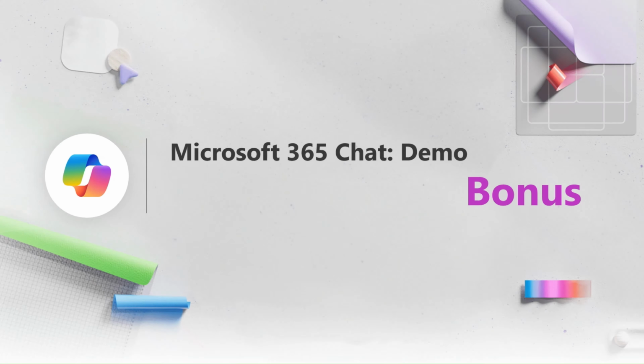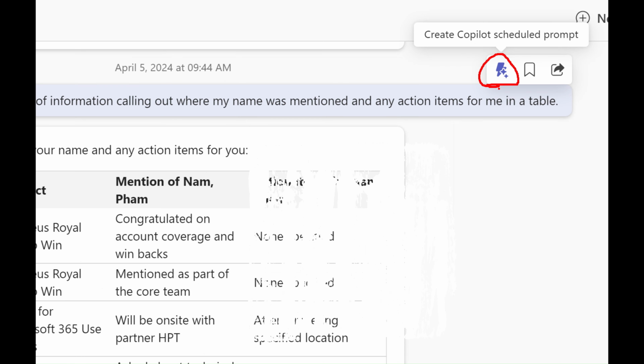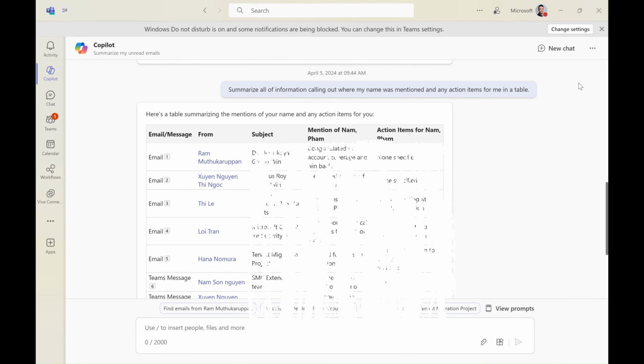Before ending, I would like to share with you a tip for automating this prompt because we might need to run it every day. To automate it, you just need to run a prompt and hover your mouse over that prompt. Then you can see the Create a Schedule prompt icon, click on that. For me, I want it to run automatically on workdays at 8:30. Now it'll run